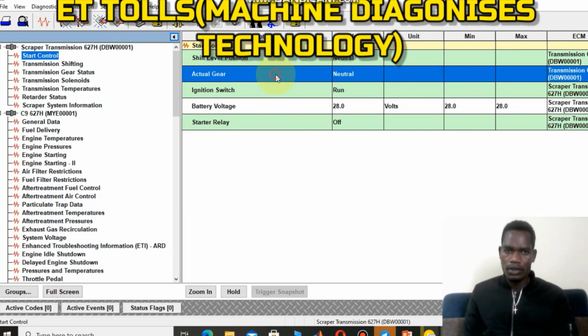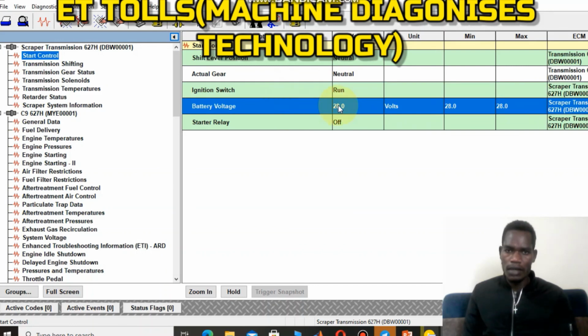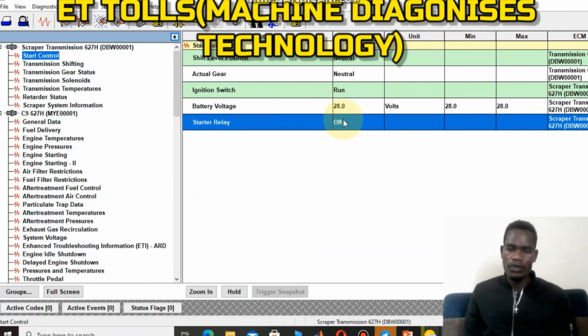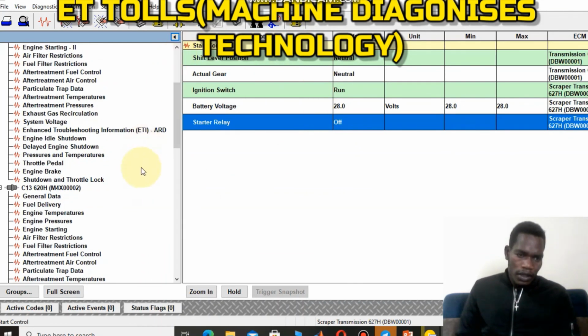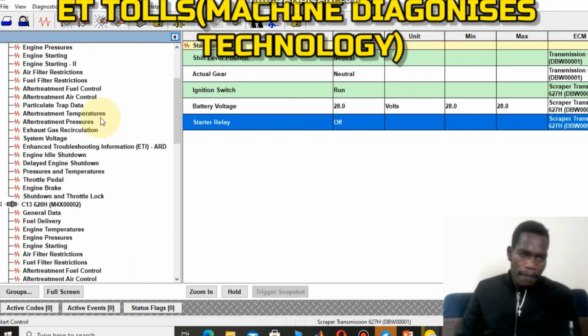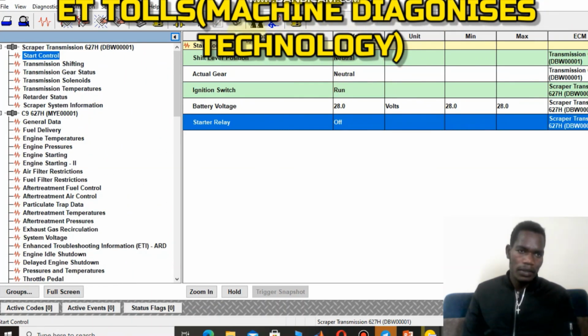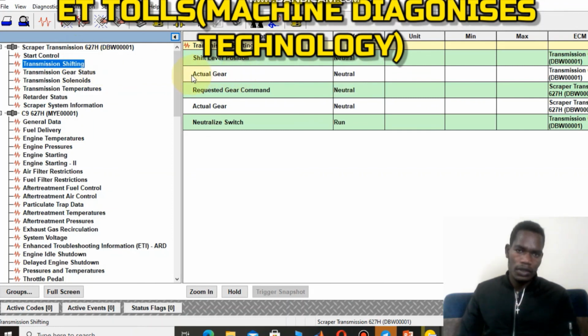The part number, so actual gear, which is normal, ignition switch is on, battery value is 28, which means one battery is able to give 12 volts. Yeah, the maximum value of the battery is 28 volts. So the starter relay is off, so we are able to turn it on. So here is another thing, the detailed information about the scraper. So transmission shifting is also here. Transmission shifting, transmission gear